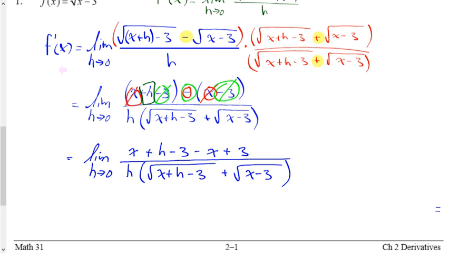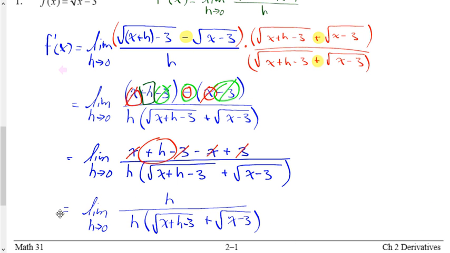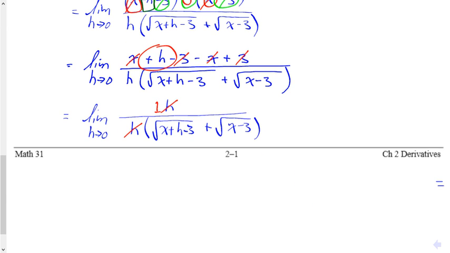And at this point, we can see what's canceling out. My positive x, negative 3, positive 3. Only the h is left over. And that h should cancel out with the h that's in the denominator. As I can show in the next line here, this h, that h cancel out. Remember, we don't have nothing in the numerator. We still have this 1 that used to be an invisible coefficient, but now we can see it. And when they cancel out,